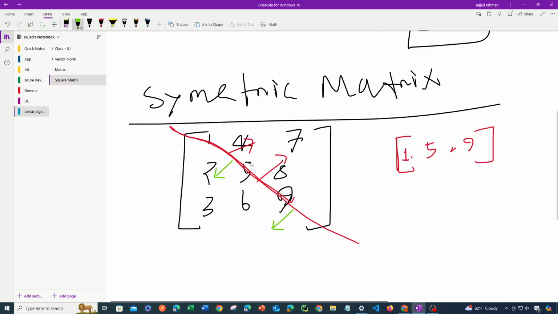So we can say that a square matrix is a combination of two triangles, the bottom left triangle and the top right triangle. To be more specific, if we say one to this. Okay,